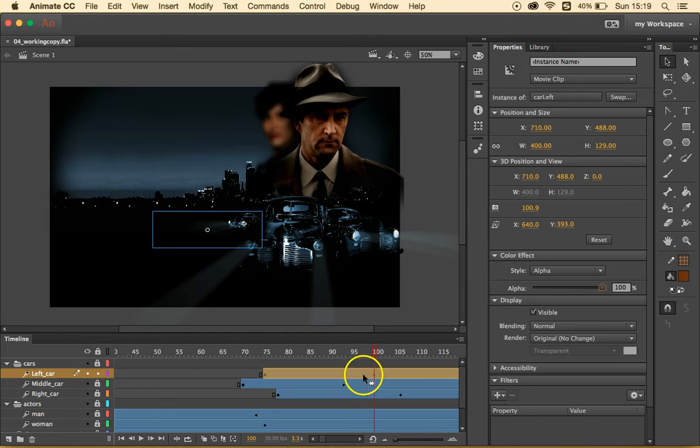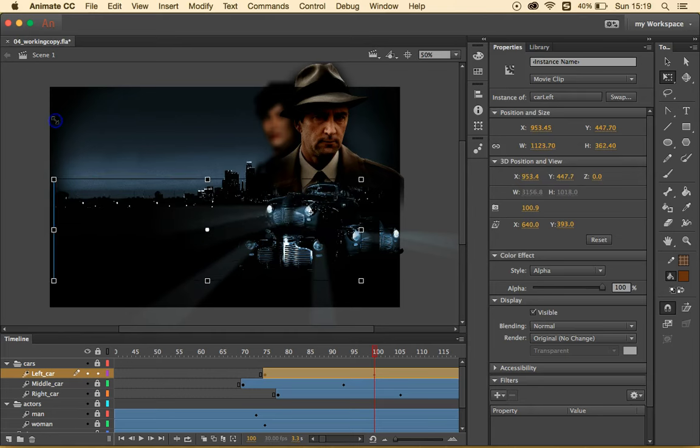A new keyframe, like this, is automatically inserted at frame 100 to indicate the change in transparency. Select the Free Transform tool. While holding down the Shift key, click and drag a corner handle outward to make the card larger. I'll drag it to make it larger, and to make it more precise, we need to specify the width as